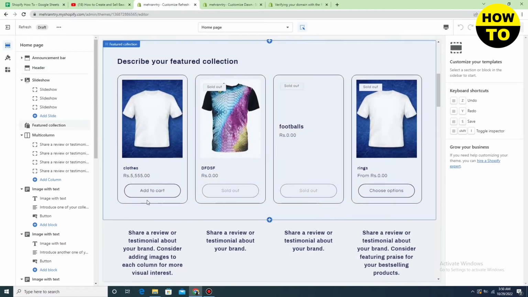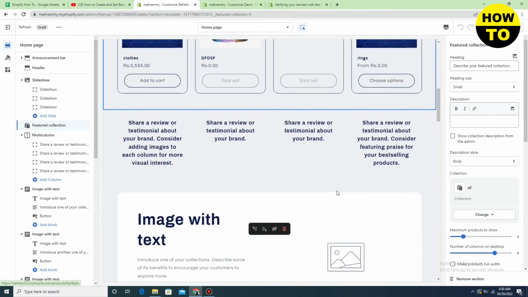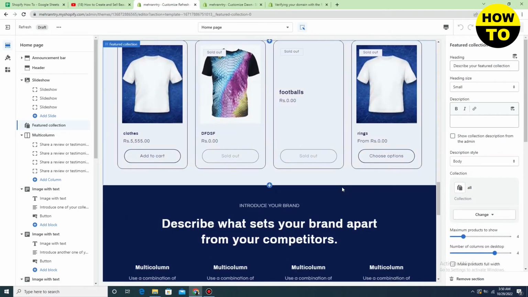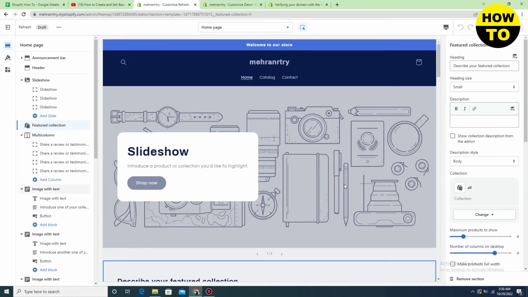So here you can see our products. This you can also change. Here are all the options available, like here image with text. So here you can also add multiple sections,